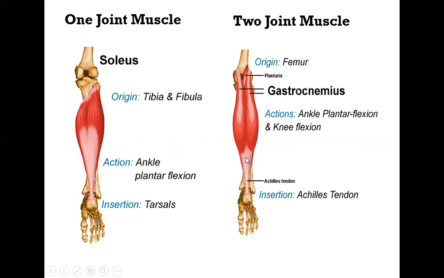And here you can see this thick part, the fibrous part, is called the tendon. It has a specific name here called the Achilles tendon. And this part is called the belly. So each muscle will have an origin, insertion, belly, as well as the tendon.